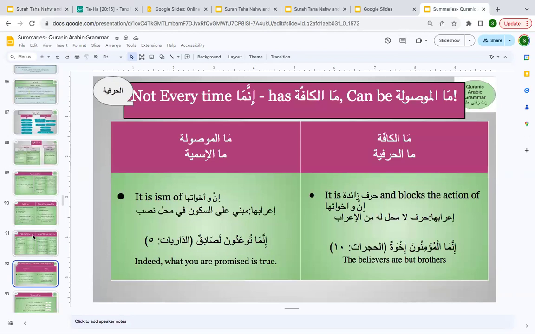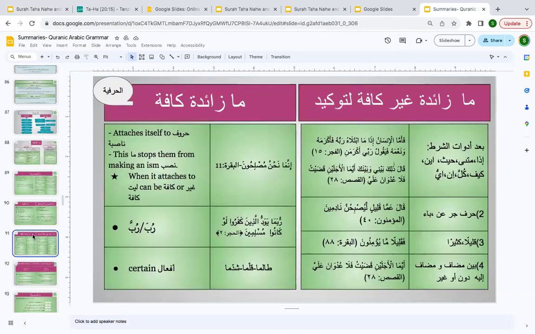I think we have summaries here, so I hope I'm able to find something real quick from the summaries that Sister Faiza has created for all of us. So if you see ma zaida ghair kafa, it's going to be after adwatu shart, and you see it in idama, haysuma, ainama, kaifama, kullama, right? And you have seen many conditional sentences with ma zaida after adwatu shart. And ayyuma, we have gone over that as well, right? Imma, because when in is followed by ma, because of the tajweed rules, you have an idgham there, right?